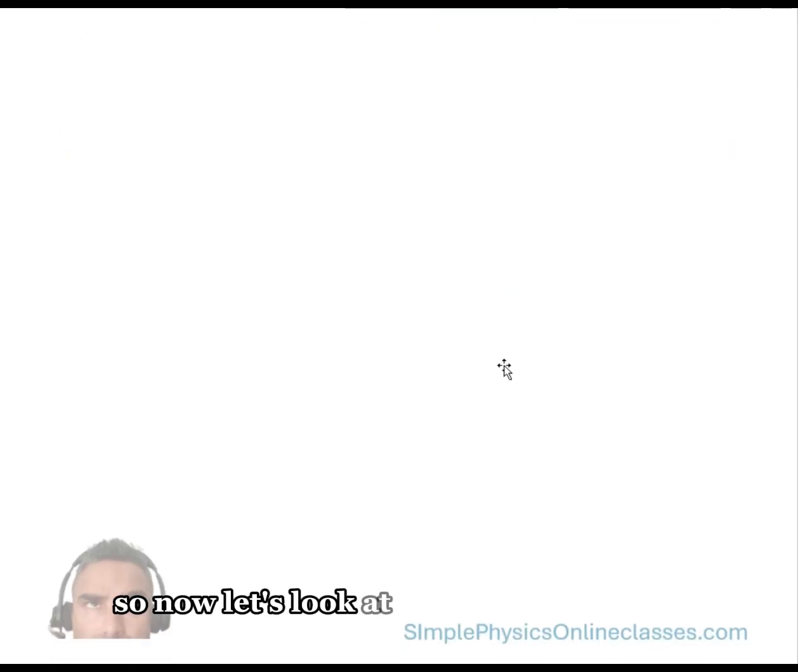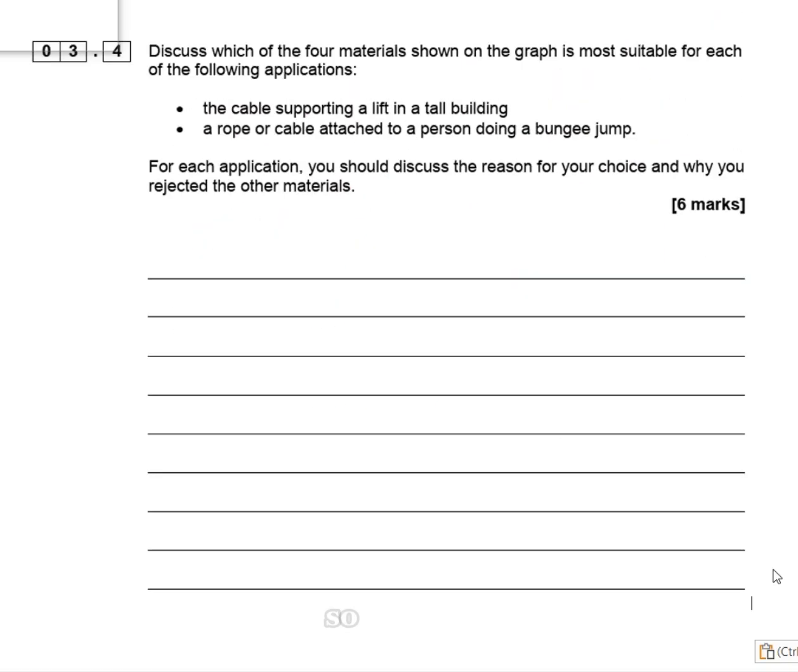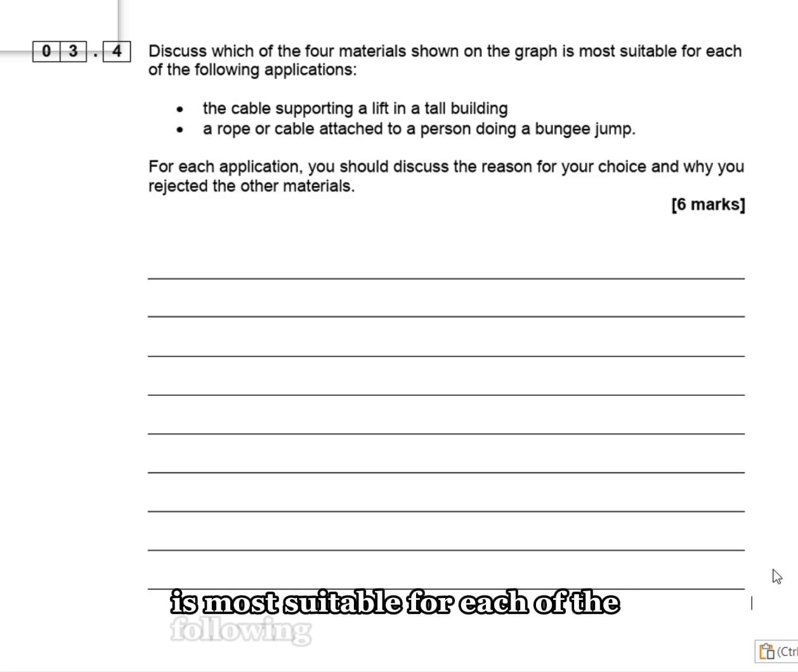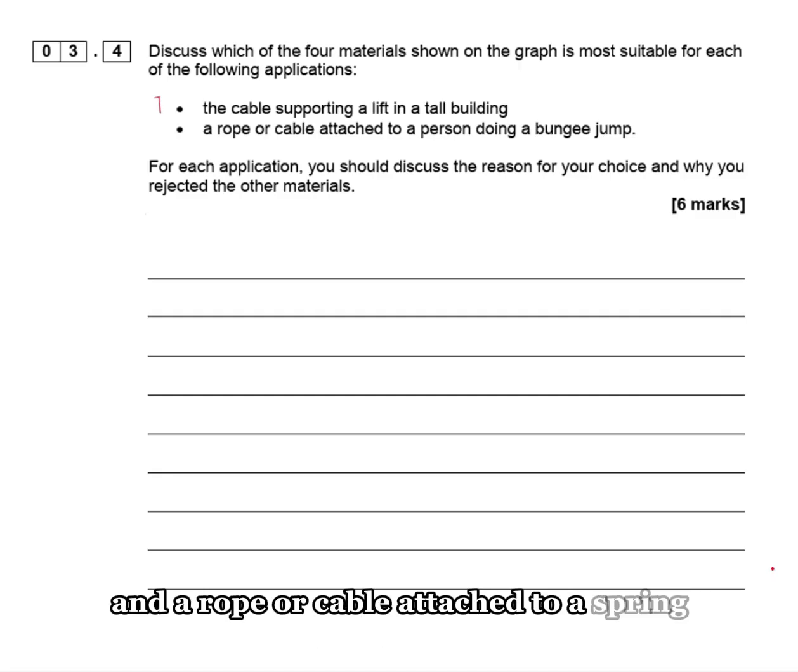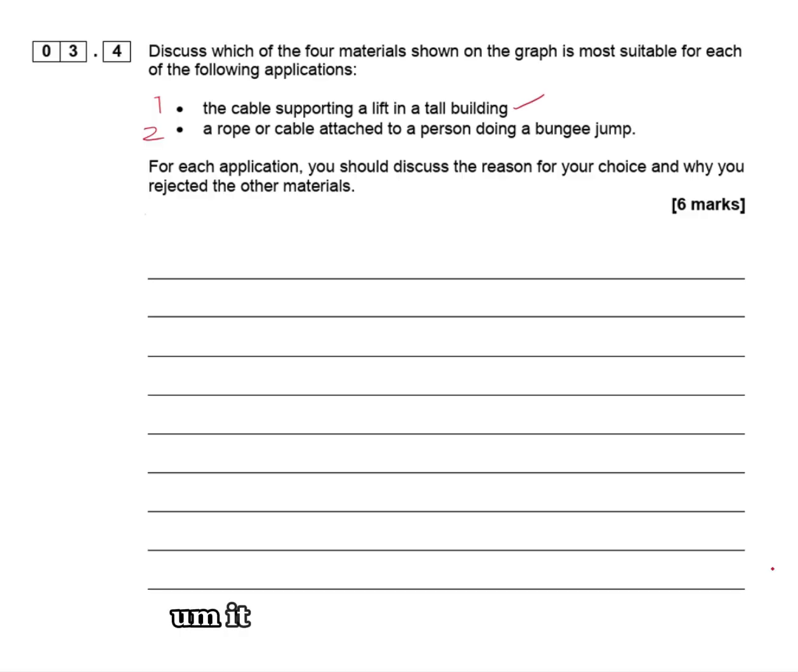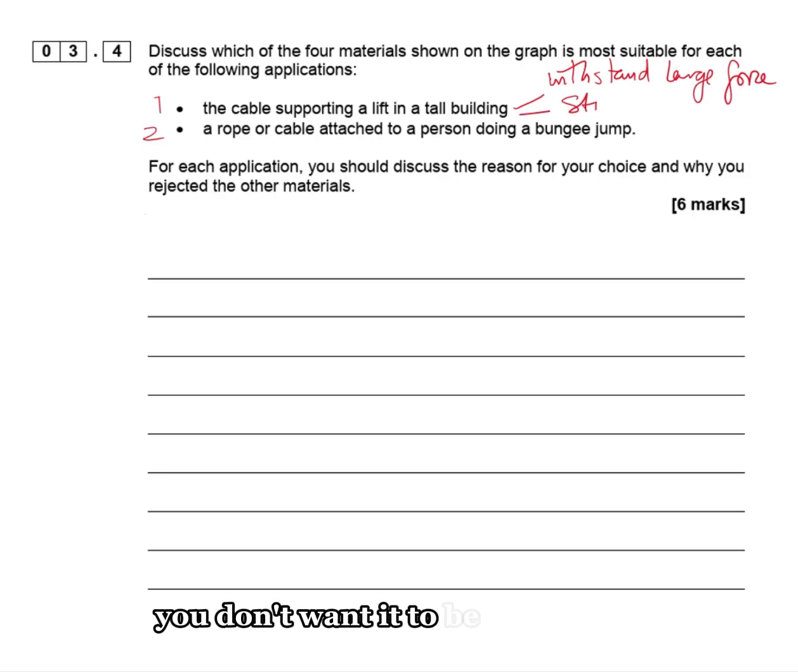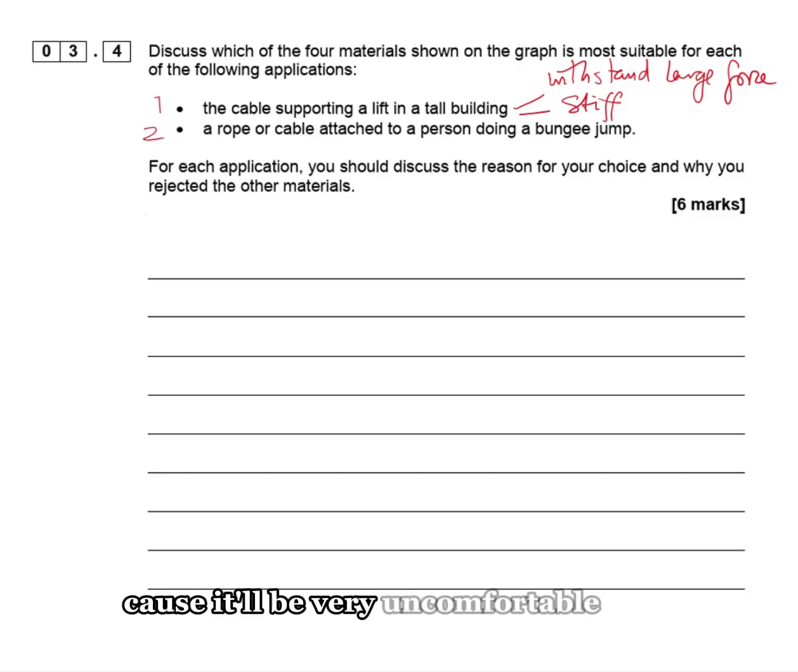Now let's look at the next part of the question. Discuss which of the four materials shown on the graph is most suitable for each of the following applications: the cable supporting a lift in a building, and a rope or cable attached to a spring during a bungee jump. What do you need for a cable supporting a lift? It can withstand a large force, and also it's got to be stiff. You don't want it to be springy because it'd be a very uncomfortable ride going up or down. Whereas a rope